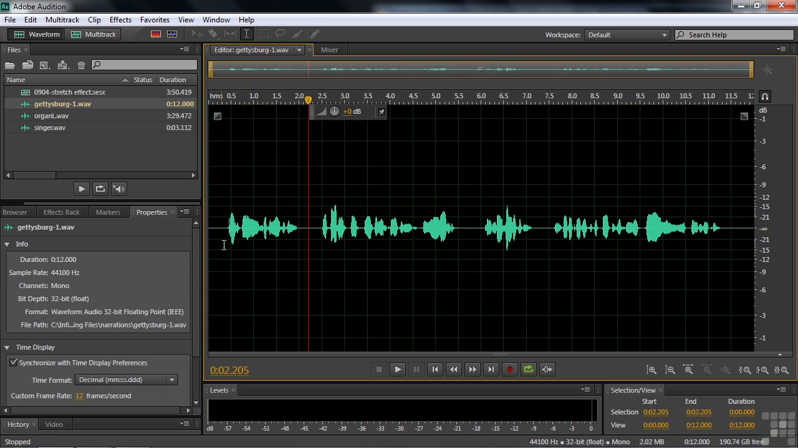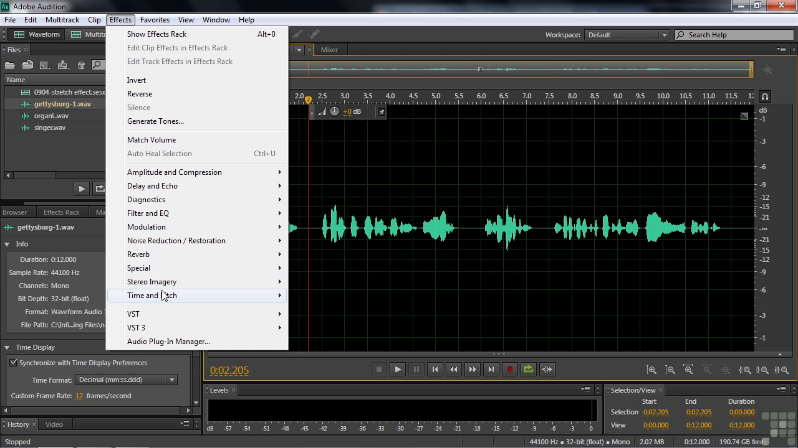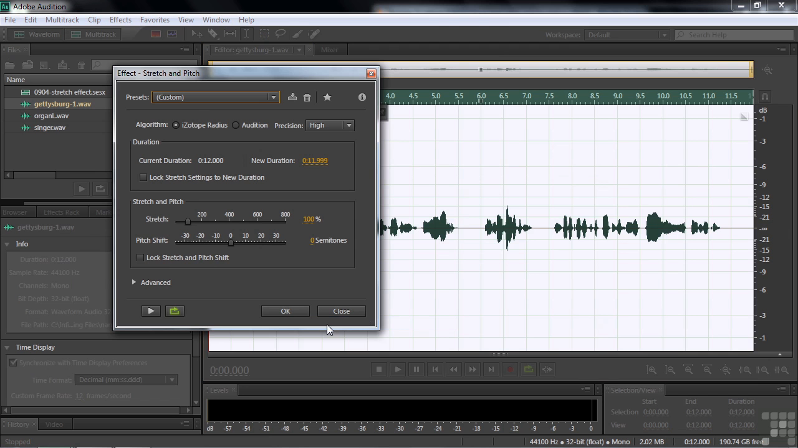I want to shrink it down from its 12-second duration here to 10 seconds because we have to fit it in a 10-second time zone. The president needs to speed up his speech. So I'm going to do that here using the Stretch and Pitch effect. I'm going to go up to Effects, Time and Pitch, and Stretch and Pitch, and here we